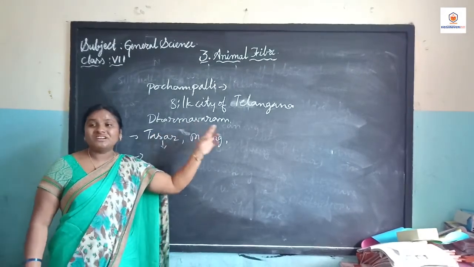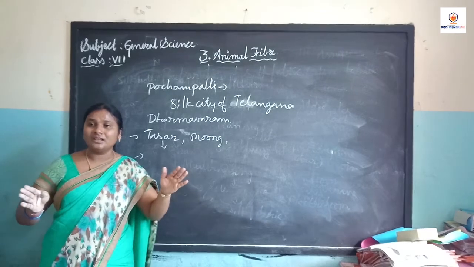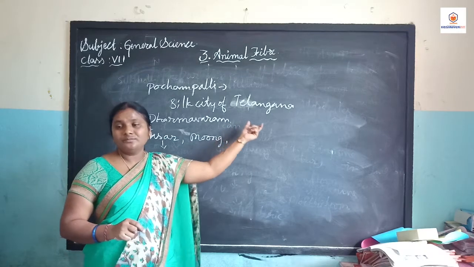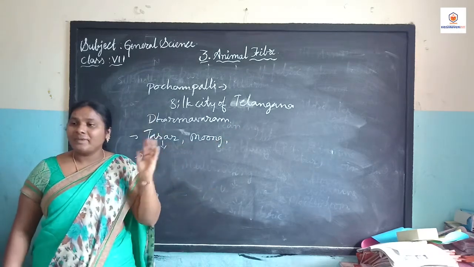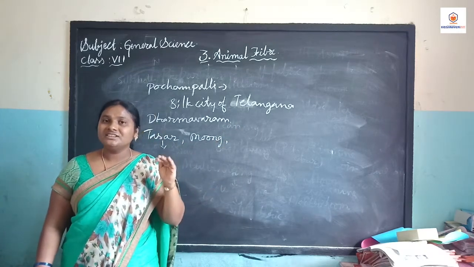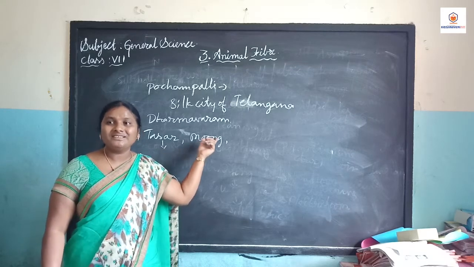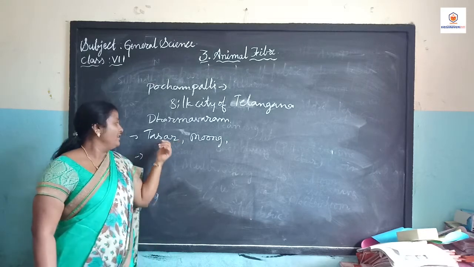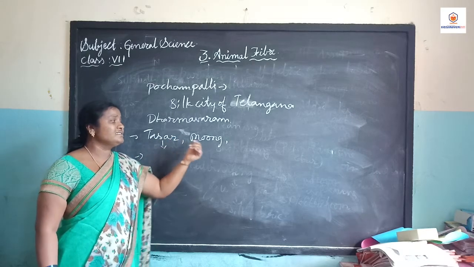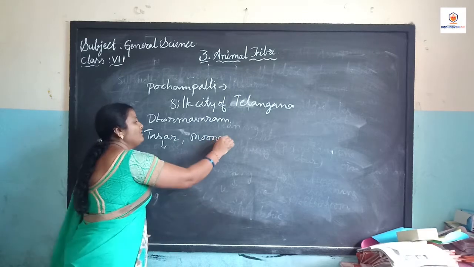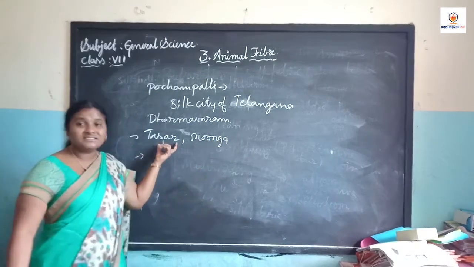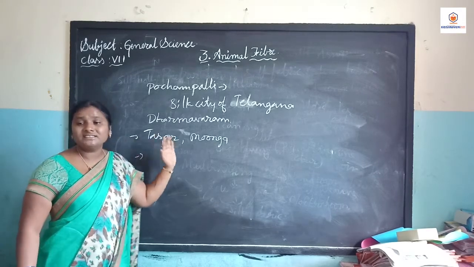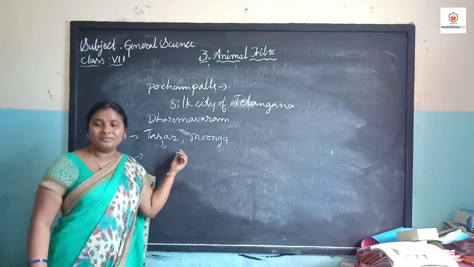But the Dharmavaram specialty is that the sarees have a white border and some dots and buttas. And not only these, children, Banaras and Kanchi are also well famous for silk, but these are not in our state. Next, there are many varieties. Among them, Tussar and Muga silk are well famous. Tussar is the specialty of Telangana. Tussar silk mostly originates from Telangana.